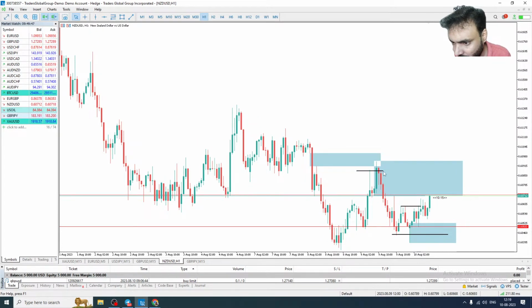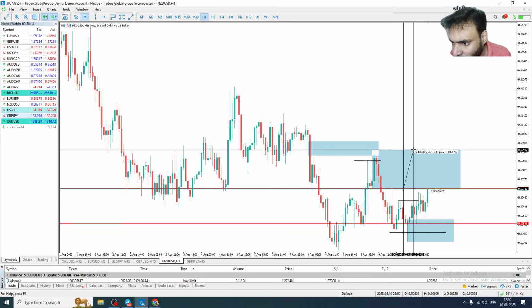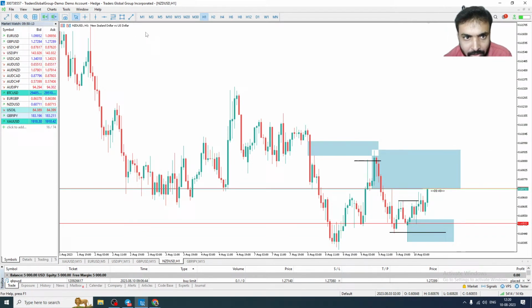Okay, these are the two things. This imbalance is already touched. Price fell down, and you have a manipulation. This is also manipulation. This candle is a manipulation candle. This manipulation candle touched here, you can see touched here, fell down. So now price is coming again. So we are looking for 50% at least. So how much is the stop loss? 235 points.